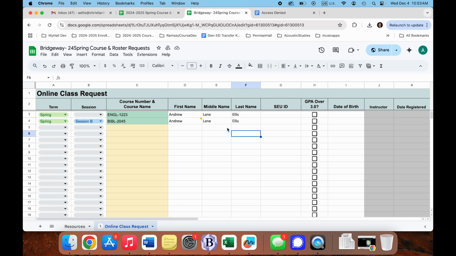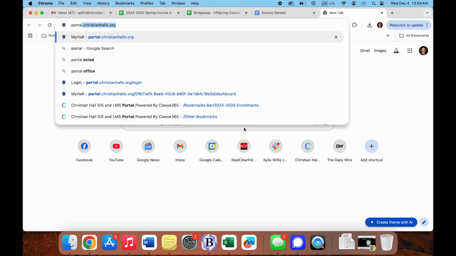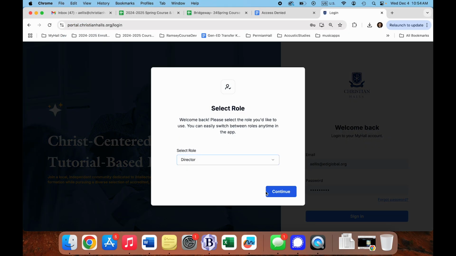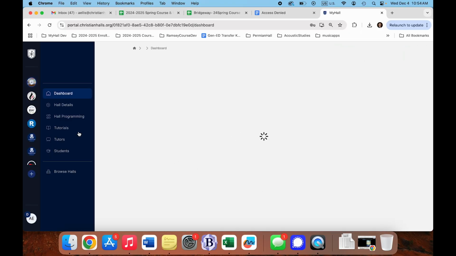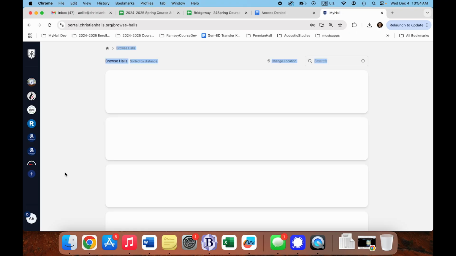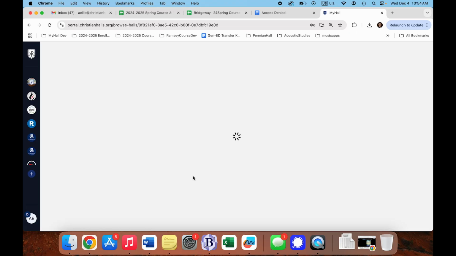Now, if you have trouble, if you need to push your students to get applied and they get assigned their SEU ID, what do we do? We go to MyHall, log in, director, and I think we're going to do browse halls, details,